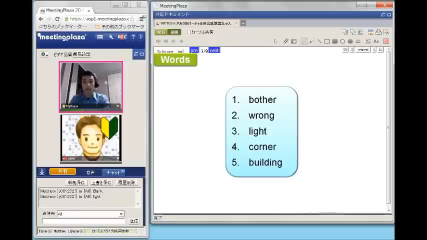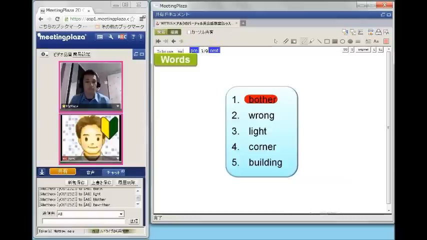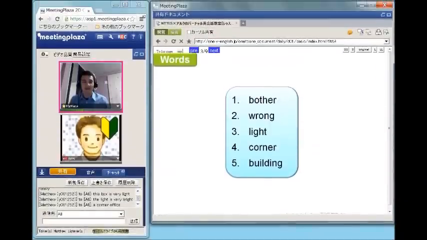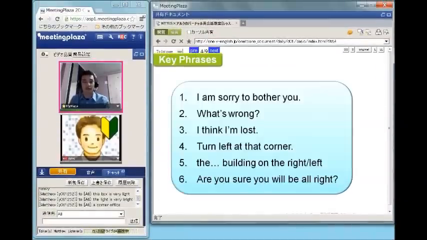Here we go. Let's look at number 1 here. Can you please say number 1 for me? Bother. Okay, and this one also, the pronunciation. This is "bother," not "bawther." So this O is similar to an A. And it's a little bit shorter, so bother. Bother. Very good. So let's go ahead and move on, and let's look at these key phrases real quick.